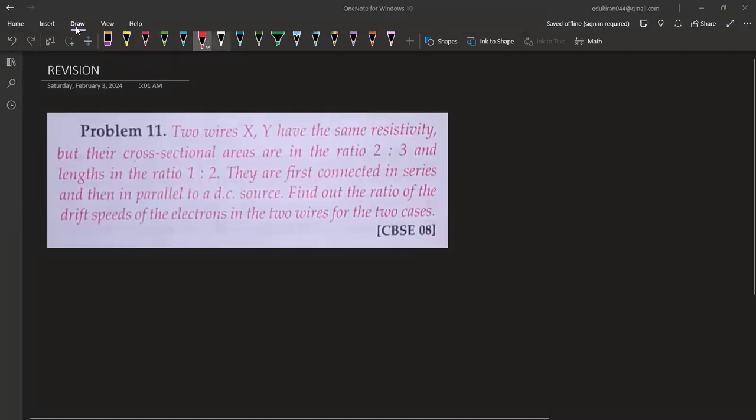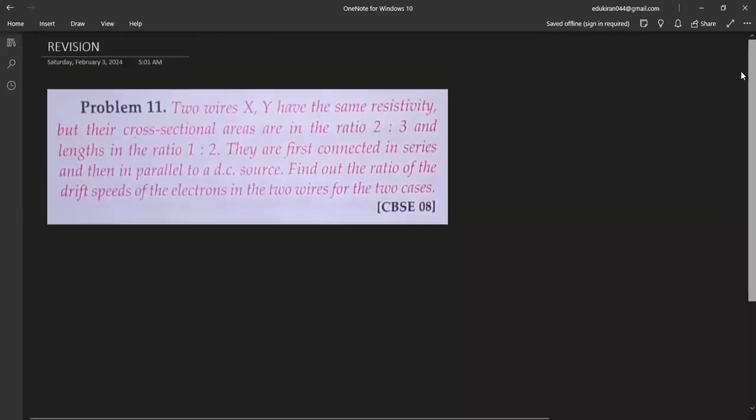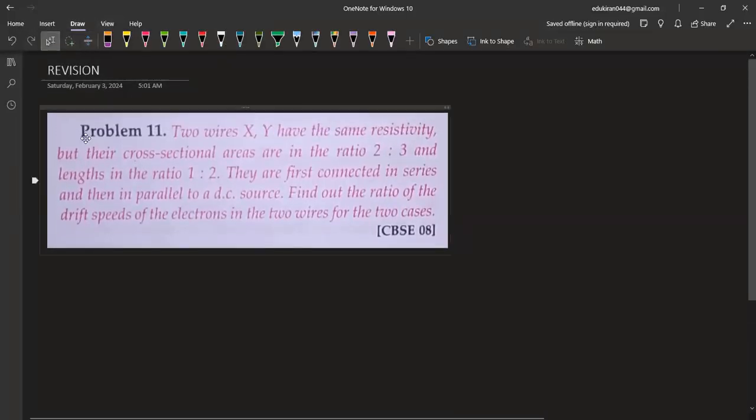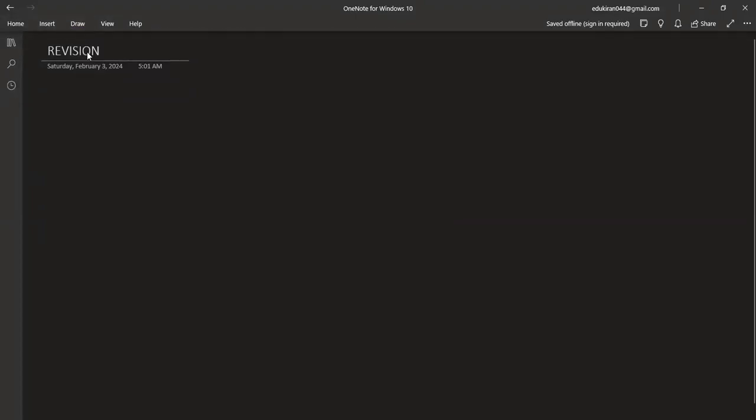Okay, just one thing before you start with this numerical, just some basic revision points. Let us discuss it. See, when we're talking about current electricity, the study of electric charges in motion is called current electricity. I'll be starting with the revision of current electricity